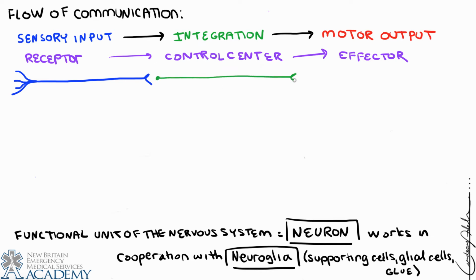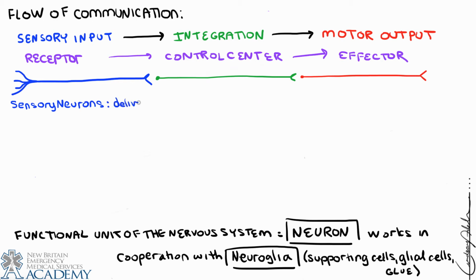All right, so now let's take a look at another version of our flow of communication by inserting neurons into the picture. This means of representing neurons will be common throughout our description. There'll be times where we have to draw the neuron with all of its detail, but there are many times where this kind of drawing will be enough to show the flow of communication. And what we're actually showing here